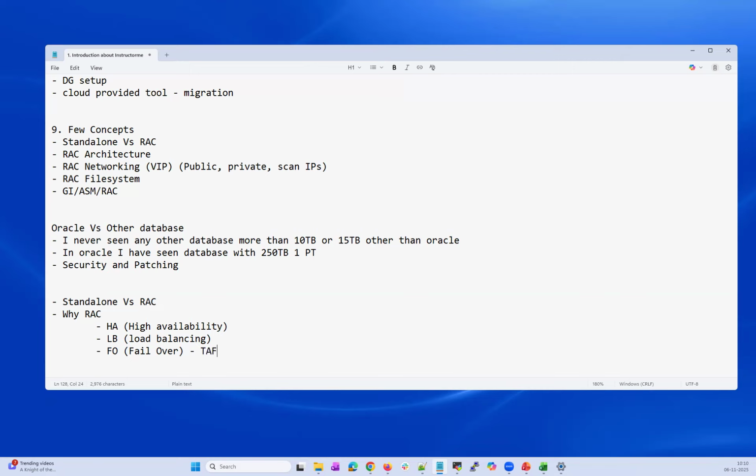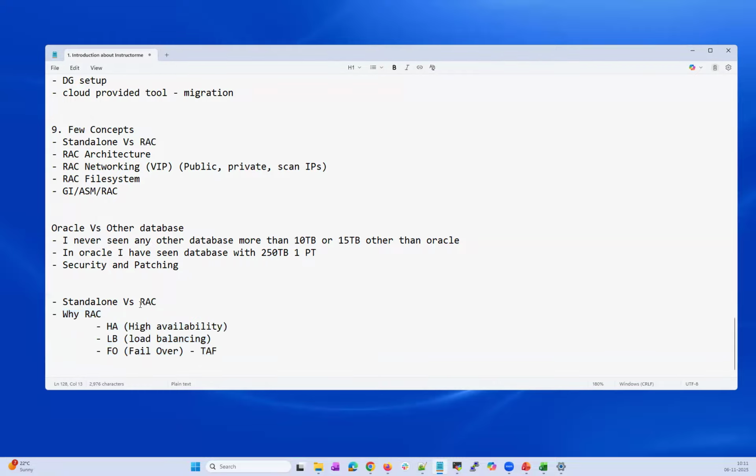And again, there is some restriction on that. What kind of queries will be failed over? Only the select queries are failed over. For other DML queries like insert, update, delete, that query will fail and the client has to resubmit it. He need not reconnect his session; his session will be automatically failed over. But if he is doing an insert, update, or delete, that query will fail and he has to resubmit it, but he need not reconnect. His connection is already established to the other nodes. Looking at these main features, RAC is a brilliant need for any production workload.